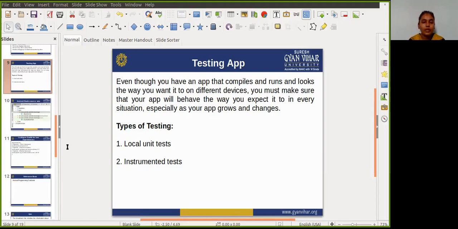Most commonly you will use instrumented tests for UI testing, which allows you to test that your app behaves correctly when the user interacts with your app's activity or enters a specific input.